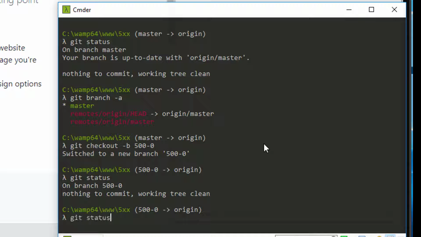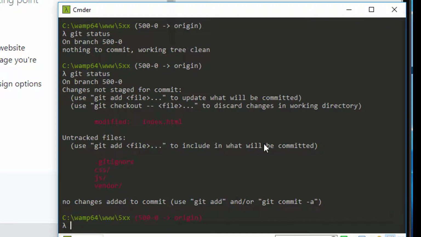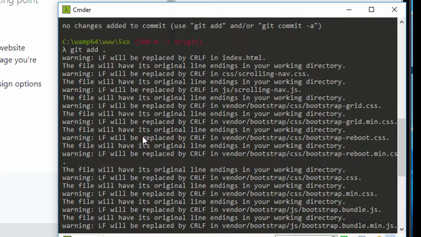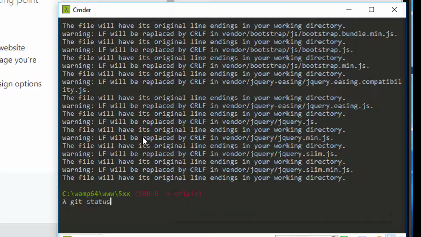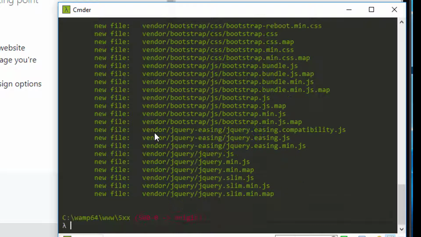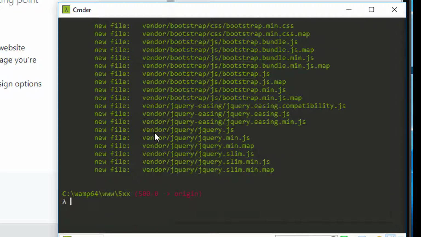And so what we're going to do is go ahead and do a git status. We'll see that we have all the files in that we placed there, including the git ignore, and we're going to go ahead and do a git add. And of course, all those files were added now. So if we run a git status again, we should see all the new files that we've added to our site there and available. So we'll go ahead and do a git commit